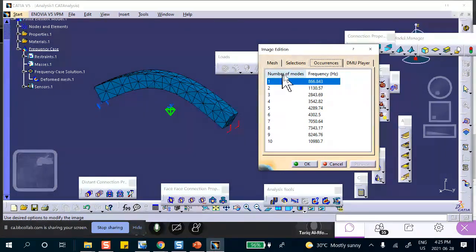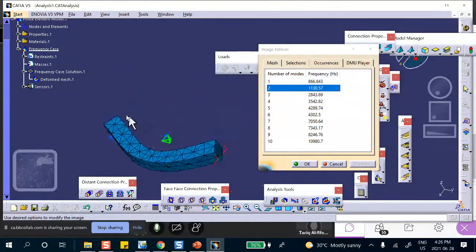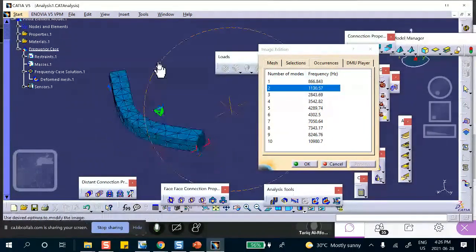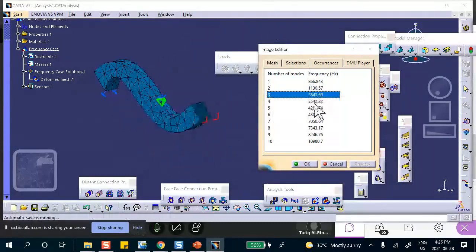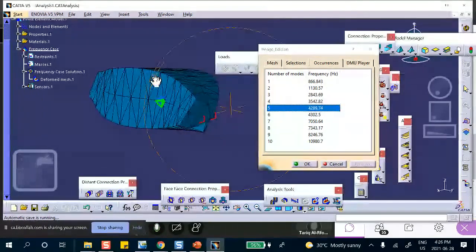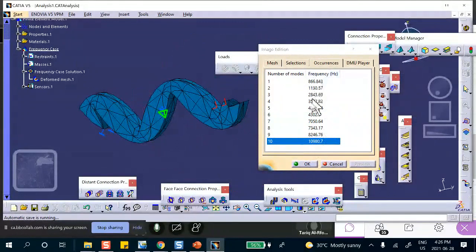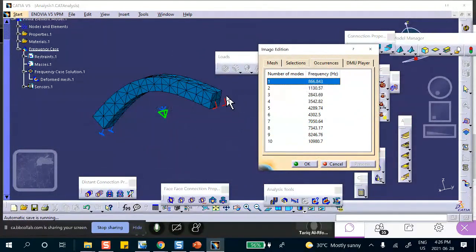But it says that at this frequency, 866, or almost 867 hertz, it will vibrate up and down like that. If you go to the next frequency, whoops, it goes out of plane. You see, goes out of plane. And other modes. This one is torsion. You can see this torsion about that. Now, some of these are in plane. So the first one is definitely in plane. Let's actually look at the view from the side.